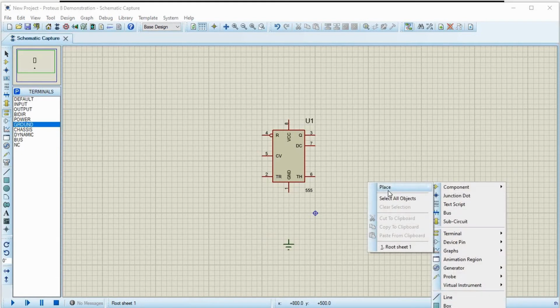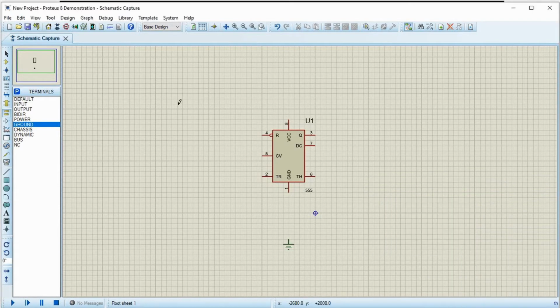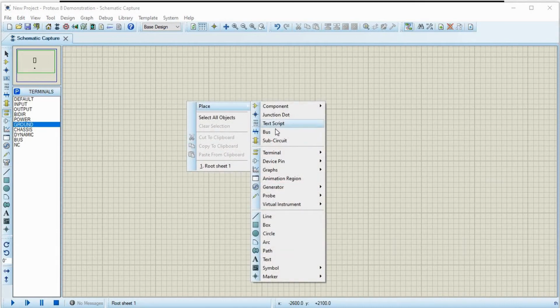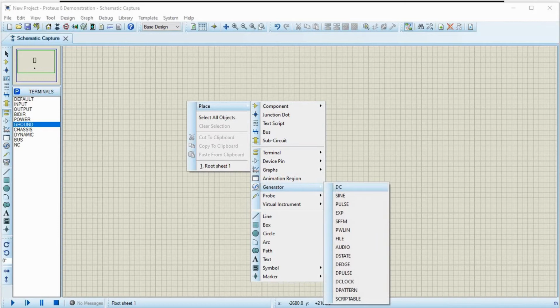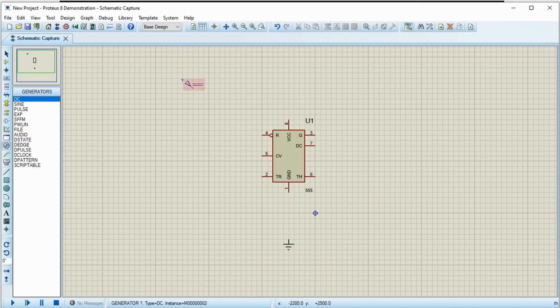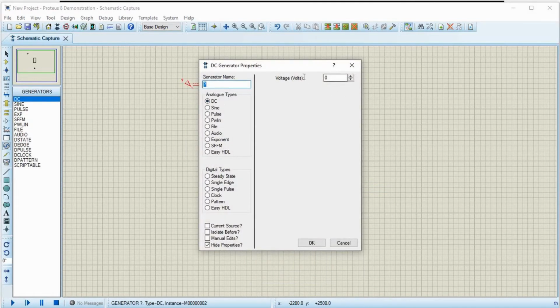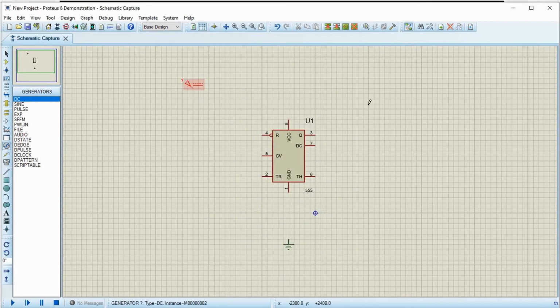There are a few more pins which we have to connect that we have not discussed; let's do it now, checking the data sheet. Let me put a 9 volts power source, DC 9 volts. We'll put a scope and check the waveforms, and connect this here, this here.